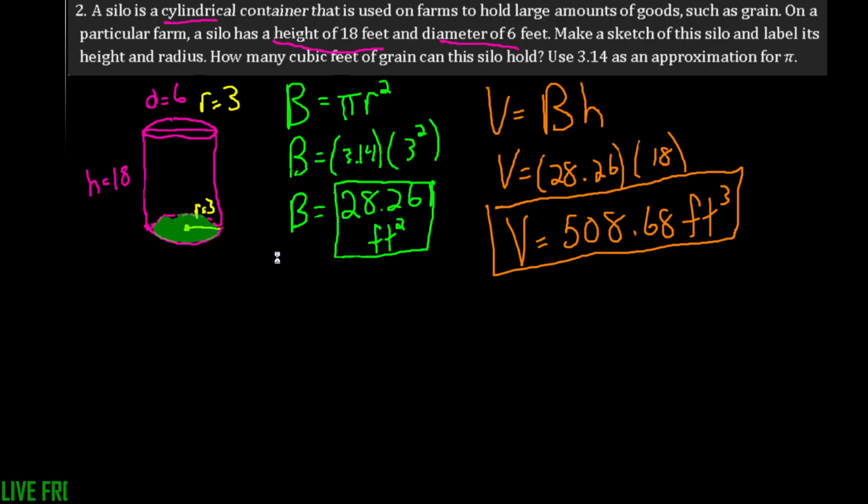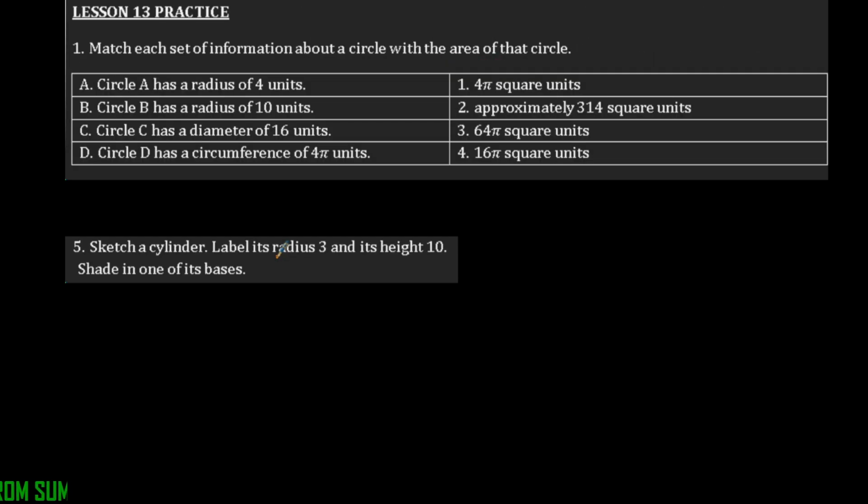All right. So now for those practice problems, towards the bottom it says match each set of information about a circle with the area of that circle. It gives you a couple options. So it says, all right, the radius is this. We're saying which of these would match up. If we're talking about the area, it gives us the radius on the left side and the area on the right. So for that first one,